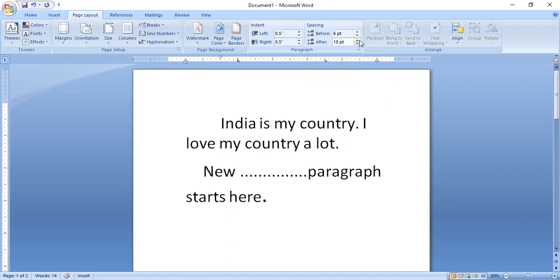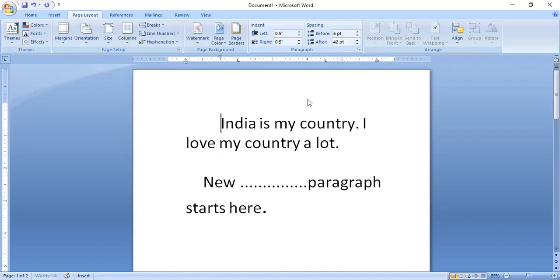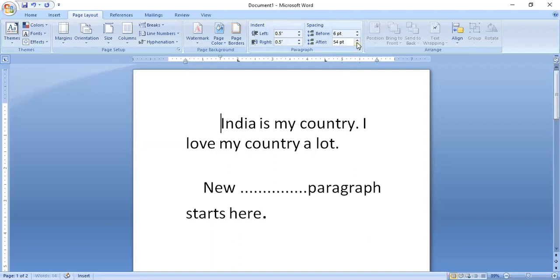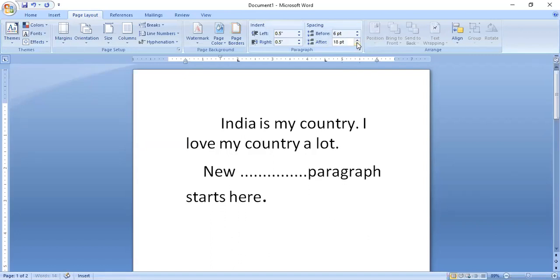Similarly, let's see the After option. In After, the space after the paragraph we have clicked, between it and the next paragraph, that we can increase as well as decrease from these 2 buttons given over here. And another way is to go to this